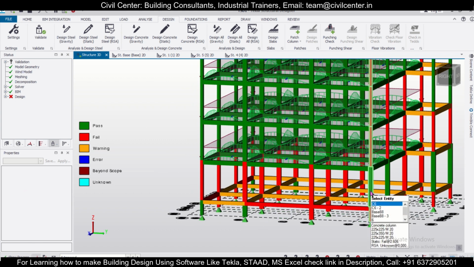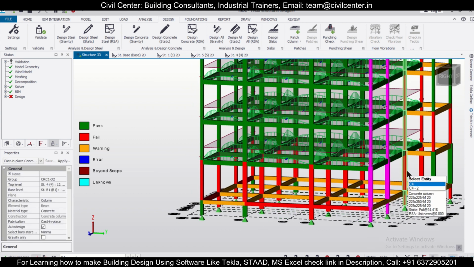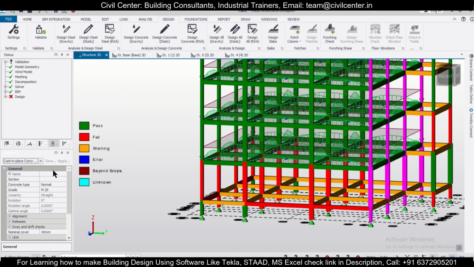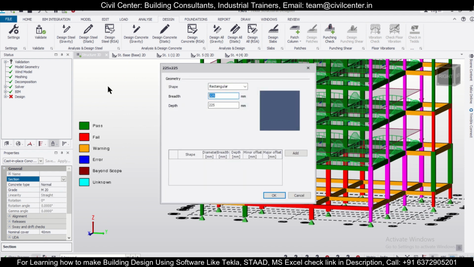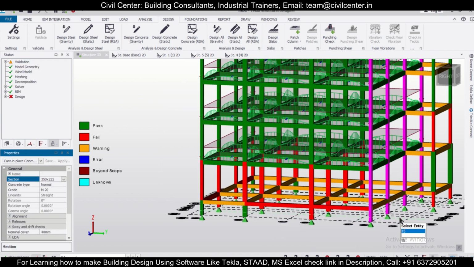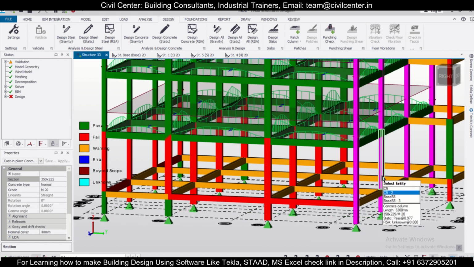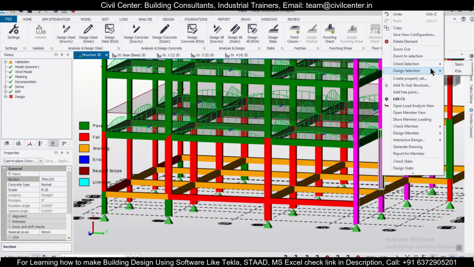Now select this, and I will just change the section here to 350 cross 225, and then right click and then design selection static.